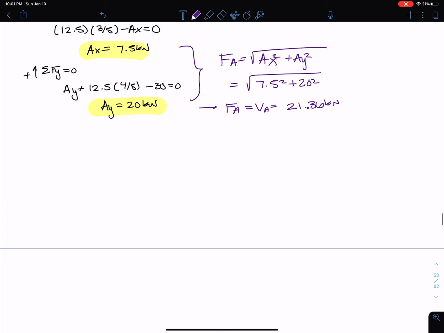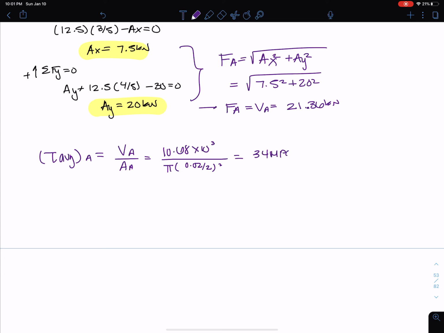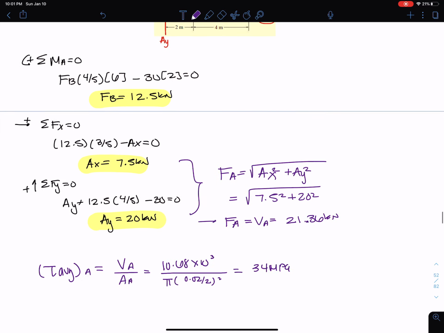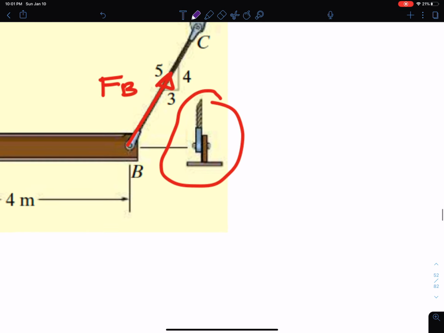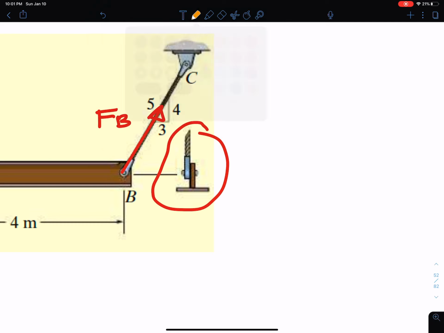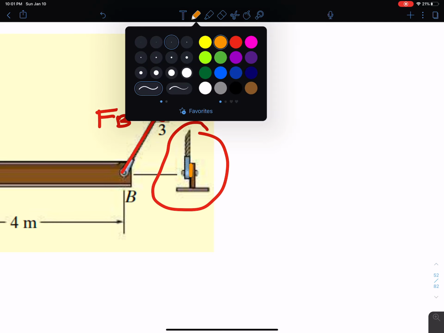So now I can come here and I can say my tau average for point A is VA over AA, which is 10.68, I'm going to convert this to newtons, divided by pi times r squared, and I get 34 megapascals. And now for B, I have 12.5. Let's take a look at the connection. I only have one shear plane, so I don't need to do anything. I am only dividing that over one